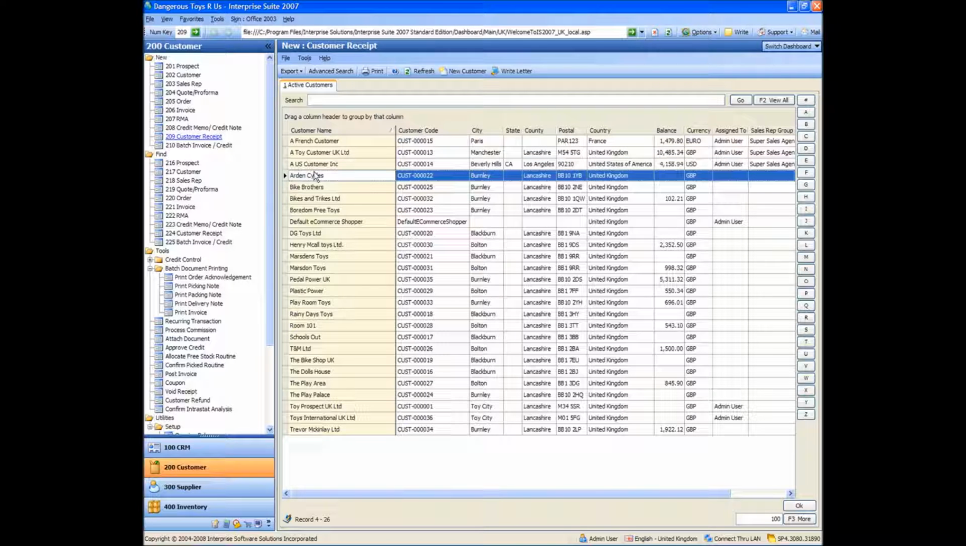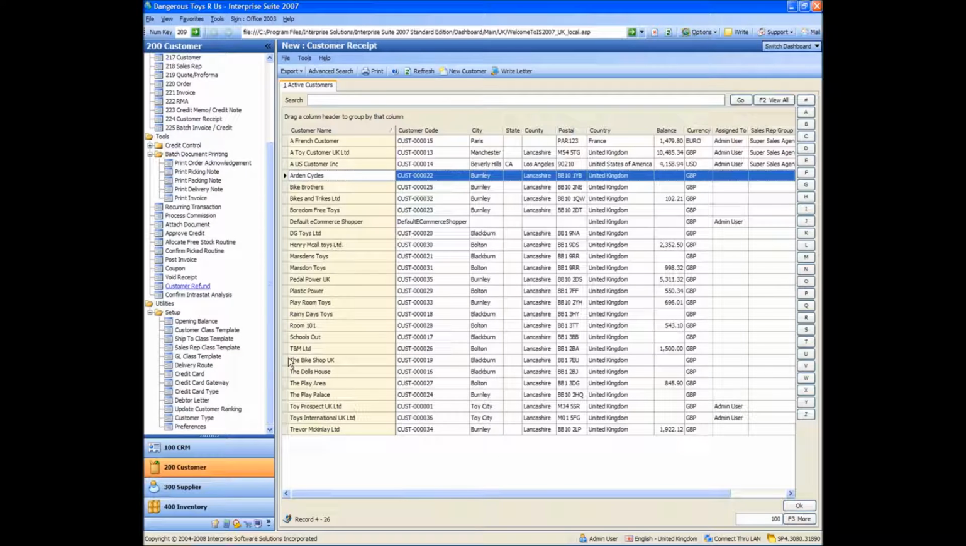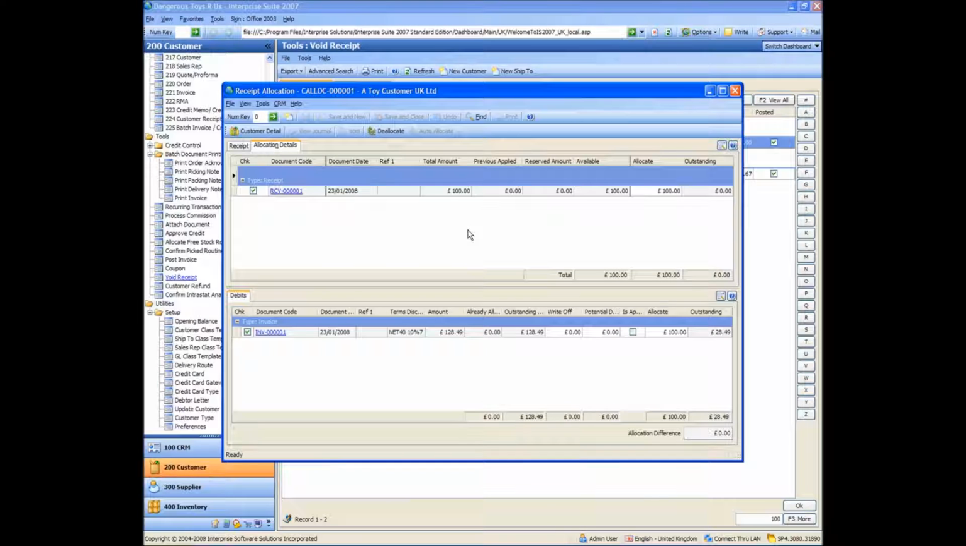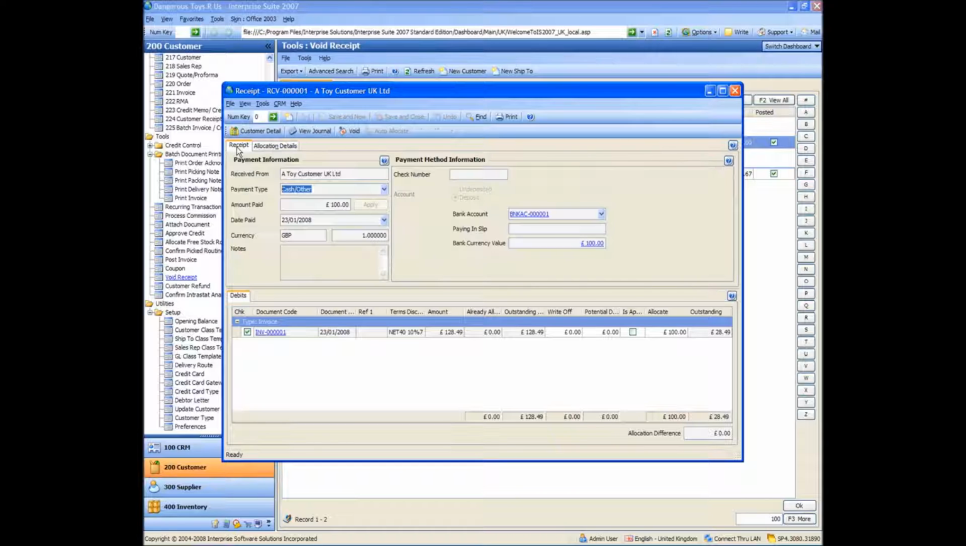Okay, the next thing we're going to do is void a receipt. So if we go down the bottom under tools, we've got a void receipt option here, and we can select from any posted receipt. So we're going to choose receipt number 1, which was the one for £100. So let's assume they sent us a check and maybe the check bounced, so we need to create the void receipt. So if we go into the receipt tab, use the void button on the toolbar,